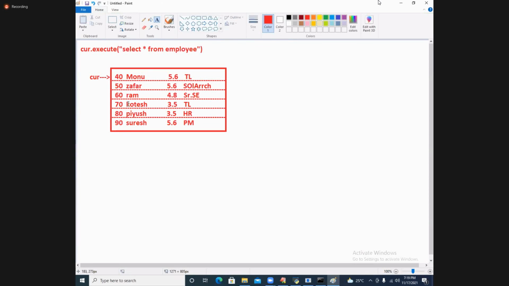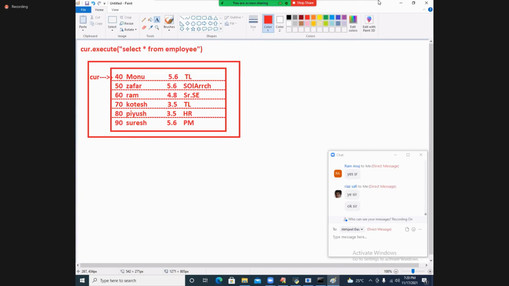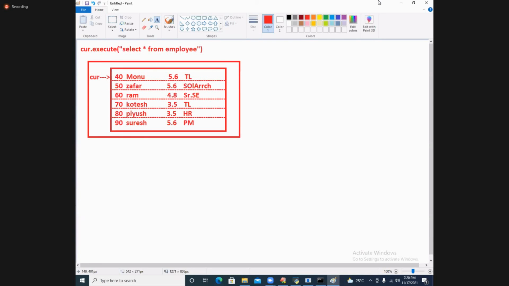This is the result set. It is the scenario in the main memory of our computer. This is the picture of our result, the cursor object containing this data. Now I want to retrieve these records. When you read the first record, the cursor will move to the next, until the total records are over, exactly like a file pointer.